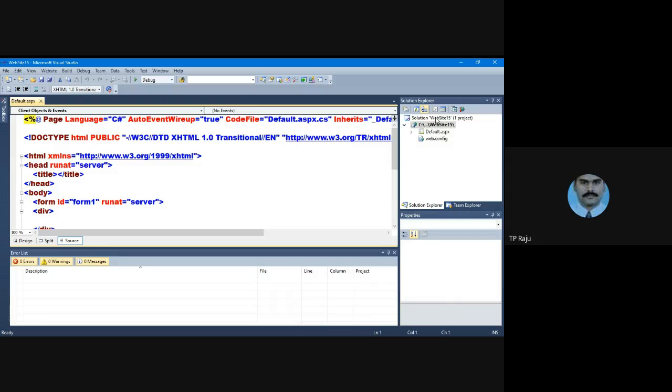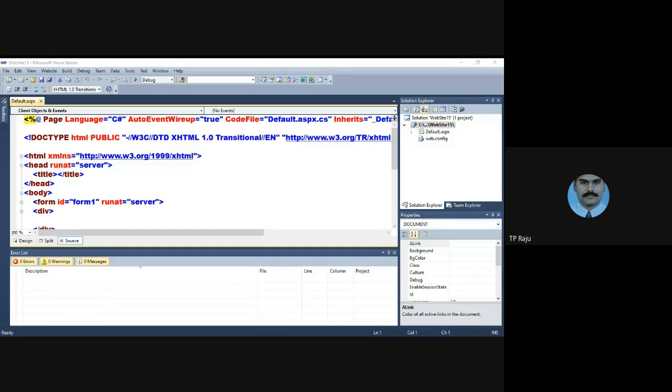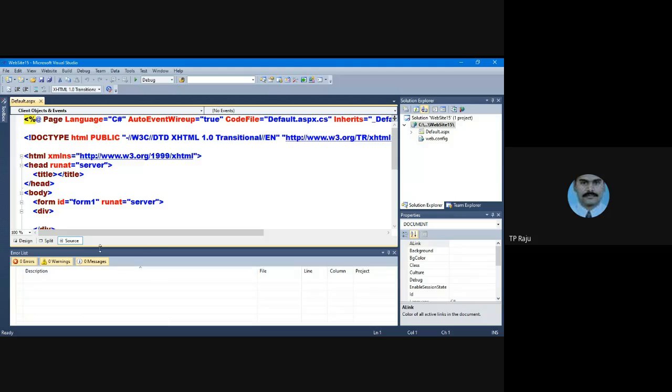Go to the Solution Explorer. Okay, the web page is displayed here. Whatever window you are able to see, that window is called the tag window, or source window. Below that window, we are able to see three tabs. See this place where my mouse cursor is. Design is one tab, the second is the Split tab, and the third is the Source tab.